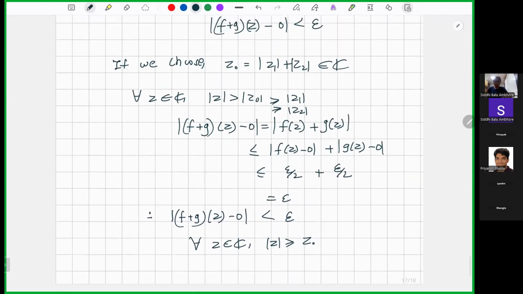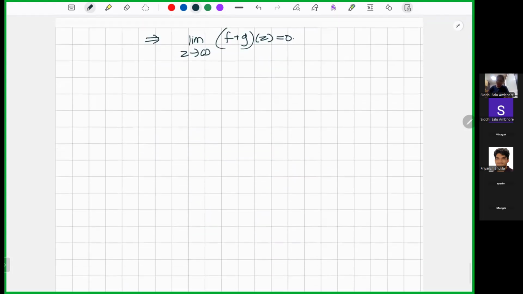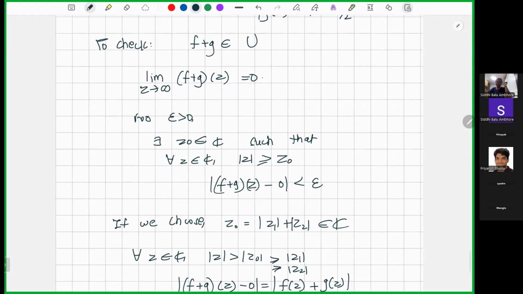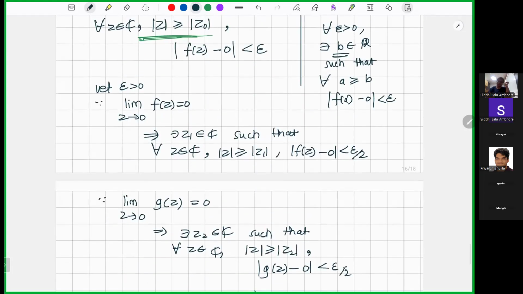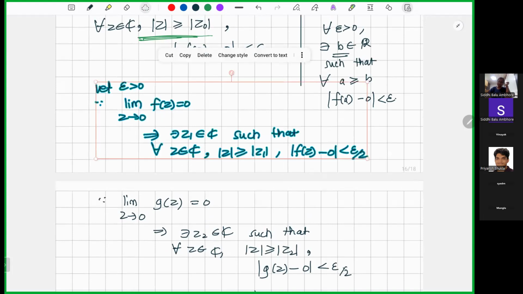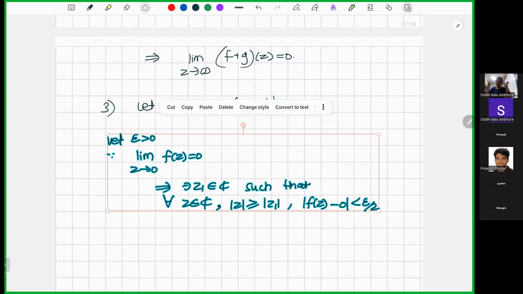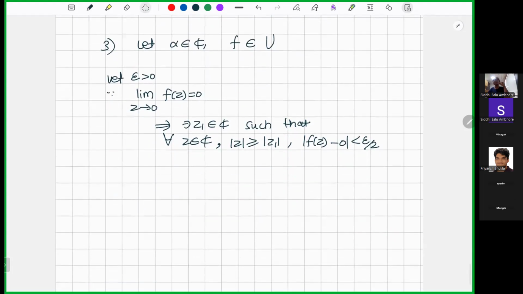Okay, and now the third condition. Suppose alpha belongs to C and f belongs to U. We already know f belongs to U, then this condition is again satisfied, which I'm not writing again. But I now want something that,